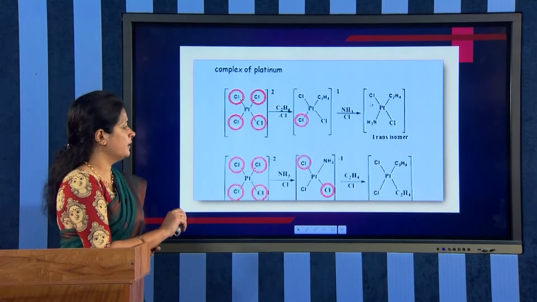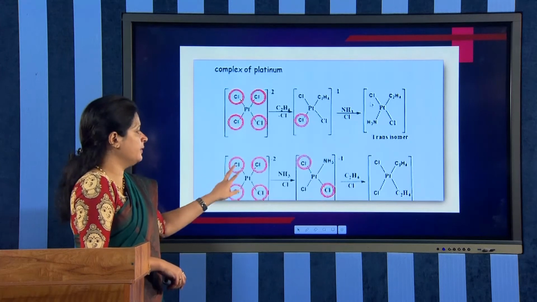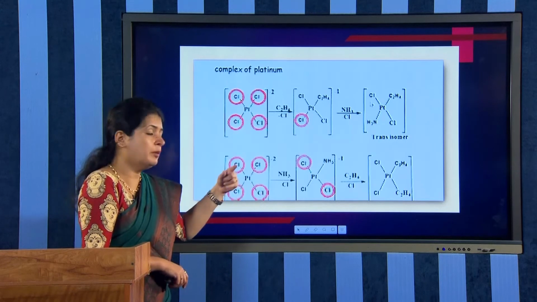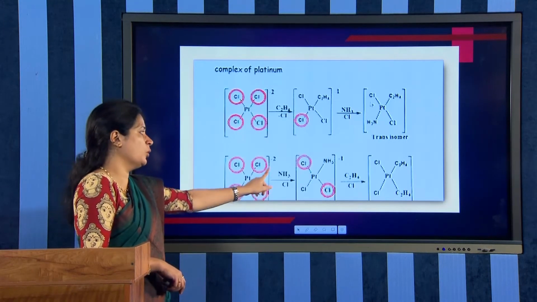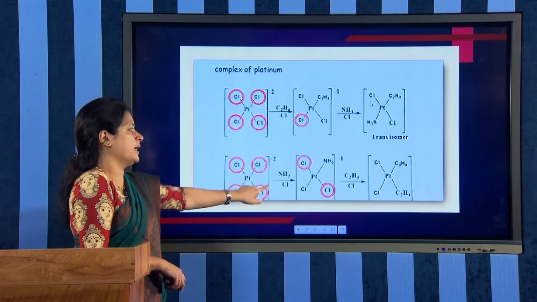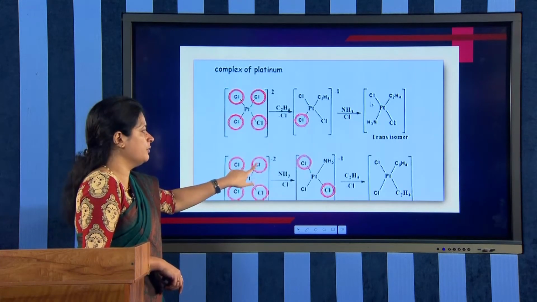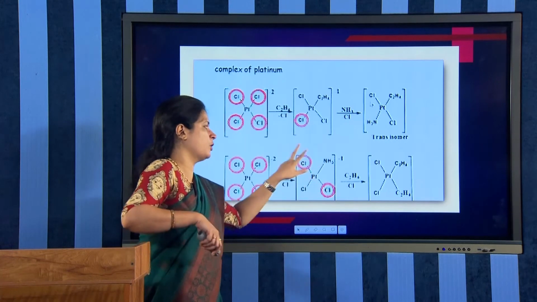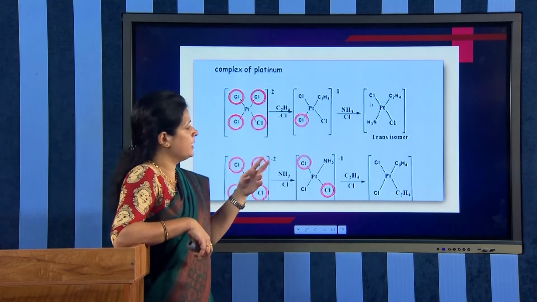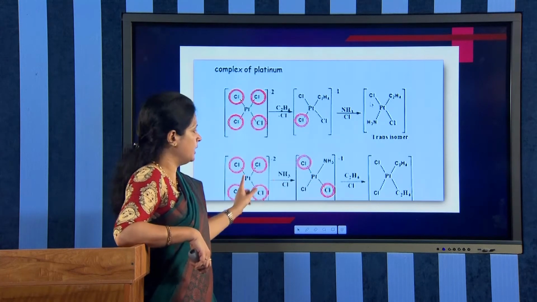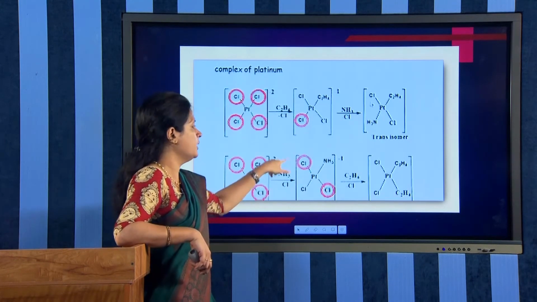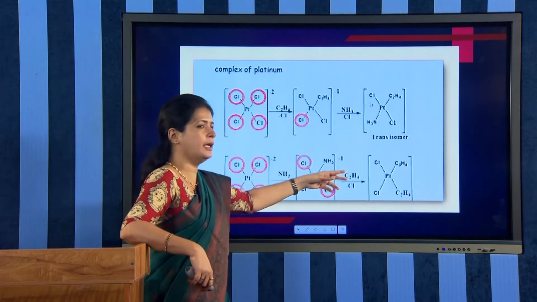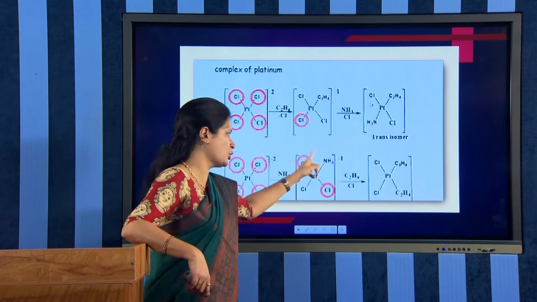And now the second example, that is if I start with the PtCl4 2 minus and I am adding ammonia ligand, what happens initially? This ammonia ligand will be replacing one Cl minus. Okay. Then I will get the product like this. Initially I am adding the ammonia ligand, it will be just substituted anywhere. And now the second time I am adding the second ligand, that is C2H4, to this complex,